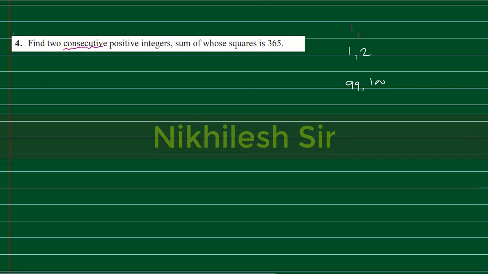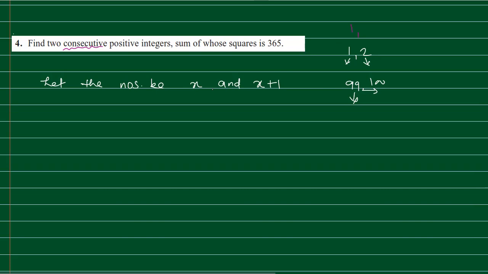So we'll initiate with: let the numbers be x and one more than x, or one less than x, whichever way you can choose, because if you are assuming x as 2, then x minus 1 would be 1. If you are assuming x as 99, then x plus 1 would be 100. In any way you can choose, but you have to just make sure that the difference between these two should be 1. Okay, so let the numbers be x and x plus 1, and according to the question, the sum of whose squares,